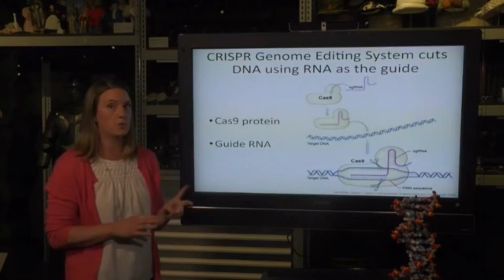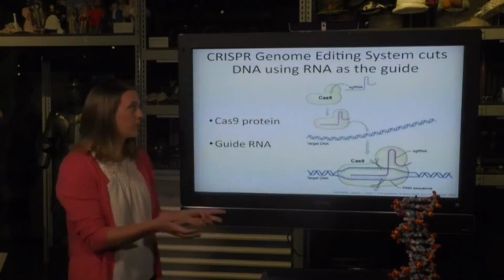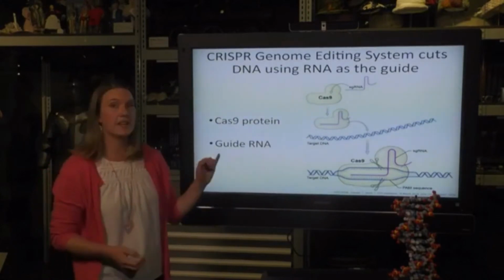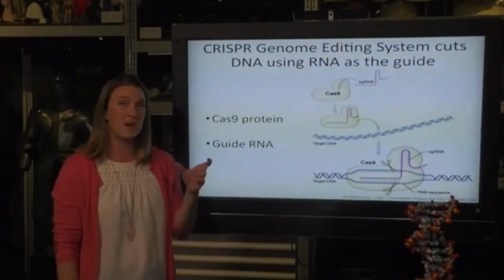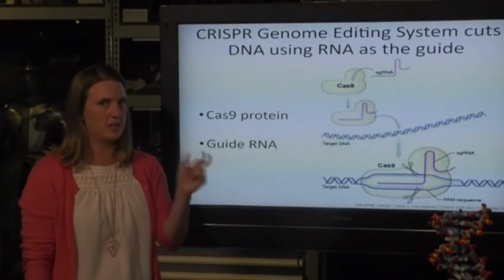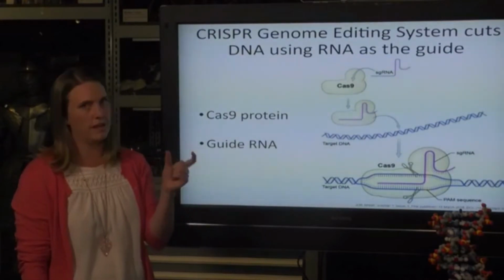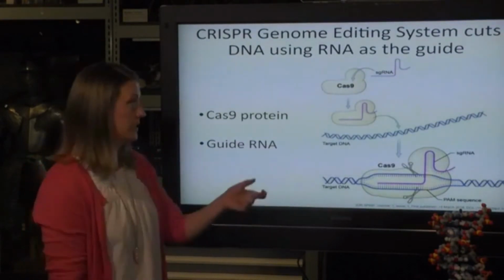So there's 2 parts to CRISPR that users need to deliver into a cell. The first thing they need is the Cas protein. Specifically it's called Cas9 because that particular Cas protein is small and it makes it easy to deliver into cells. Okay, so that's why it's called Cas9. It's just a particular gene. So that has to be delivered into cells.